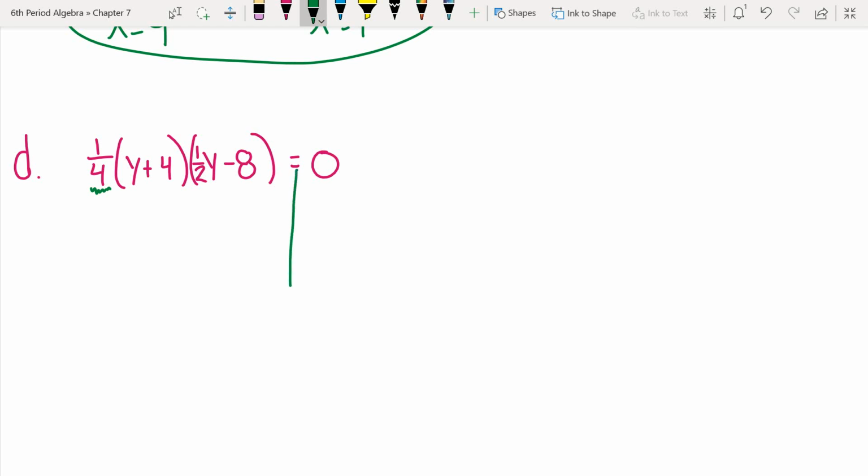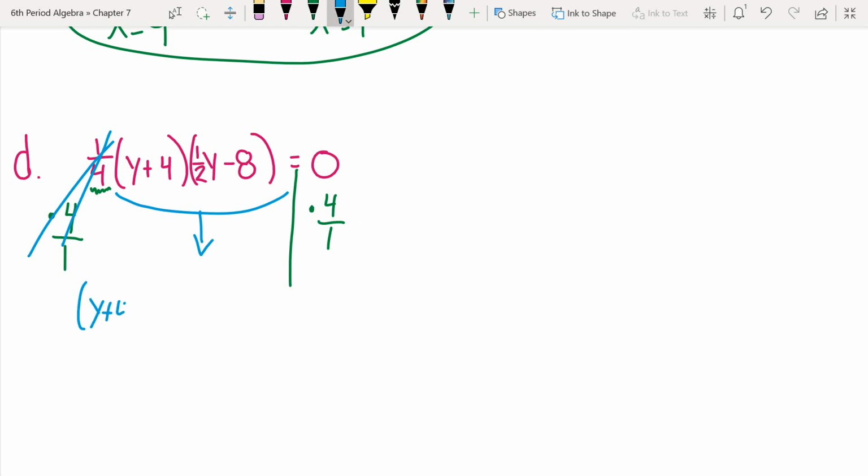Now, when I'm multiplying with fractions, when I undo it, I like to multiply by a reciprocal. A reciprocal is an upside down fraction. And what it does is cancels it out. And so what I'm going to do is actually multiply both sides by the reciprocal, which is the upside down version of 1/4, which is a whole number of 4, but I'll be extremely clear. It is 4/1. And if I do that to both sides, what will happen is that the 1/4 and the 4/1 cancel each other out. And the only thing we're left with is a factored form,